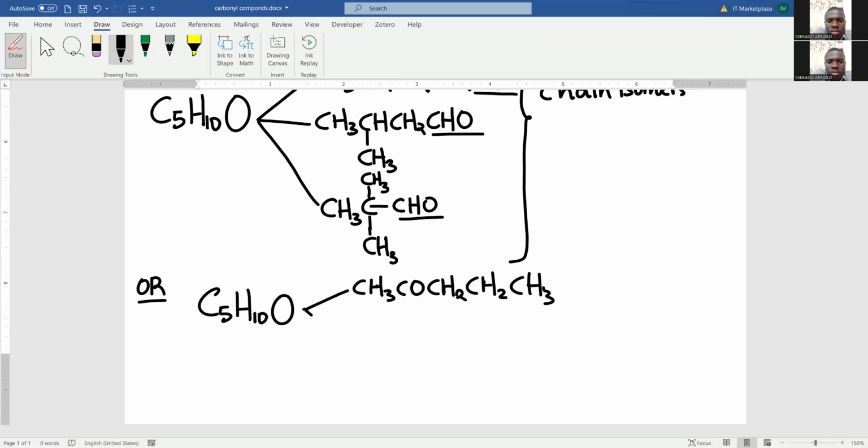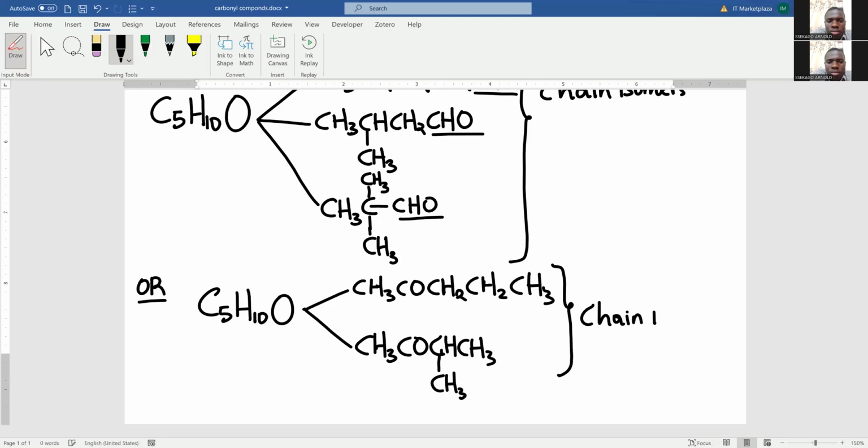Then I can also have 4 carbon atoms, CH3, CO, 4 carbon atoms, CH, CH3. Create a branch here. That one. You can count the carbon atoms. There are 5 hydrogens. There are still 10. So these are still chain isomers. Then for functional group,